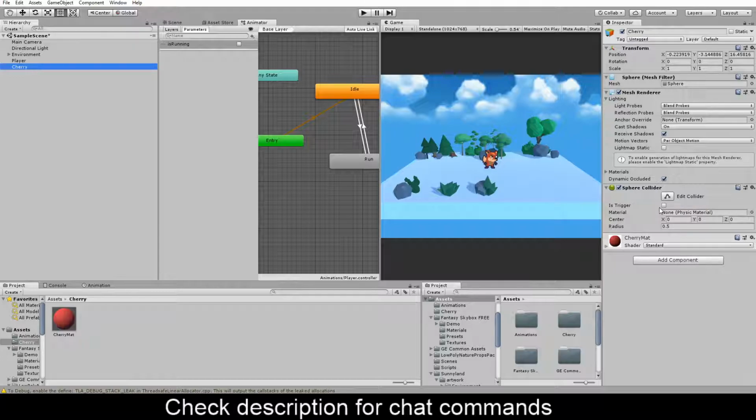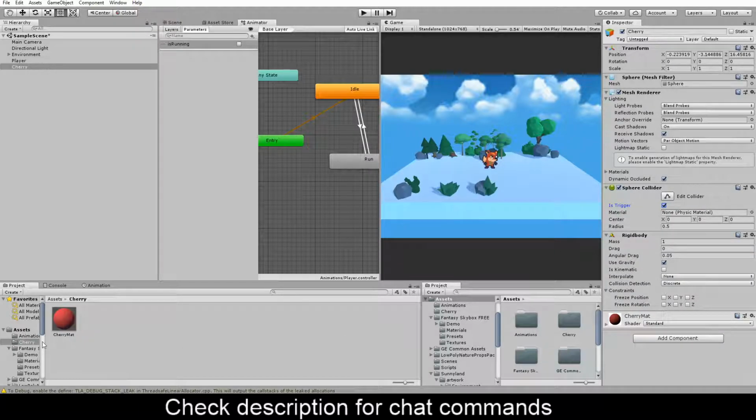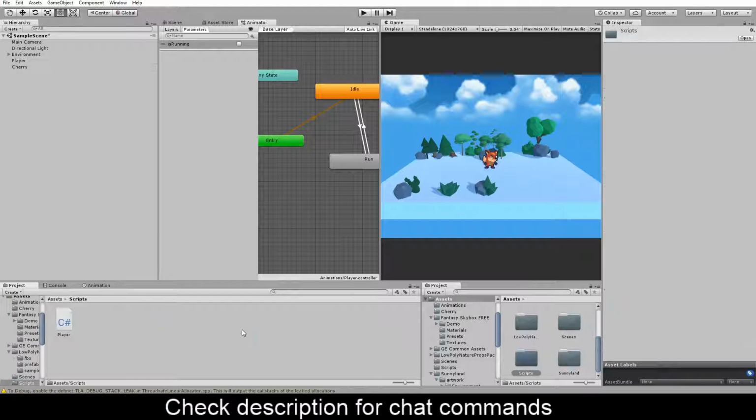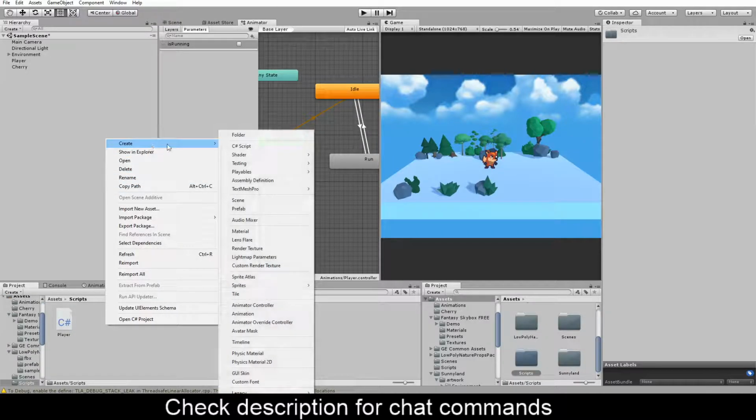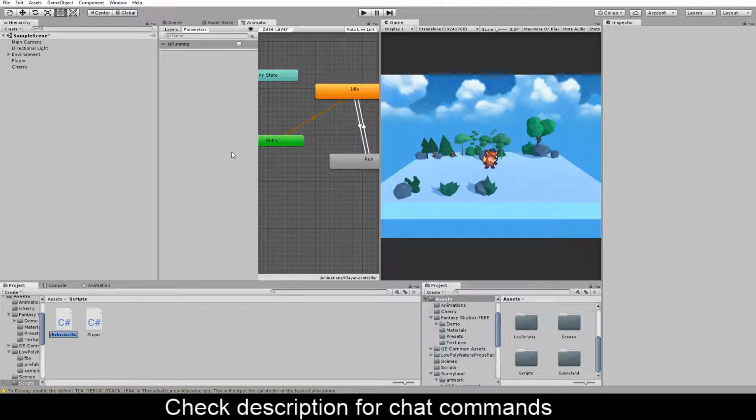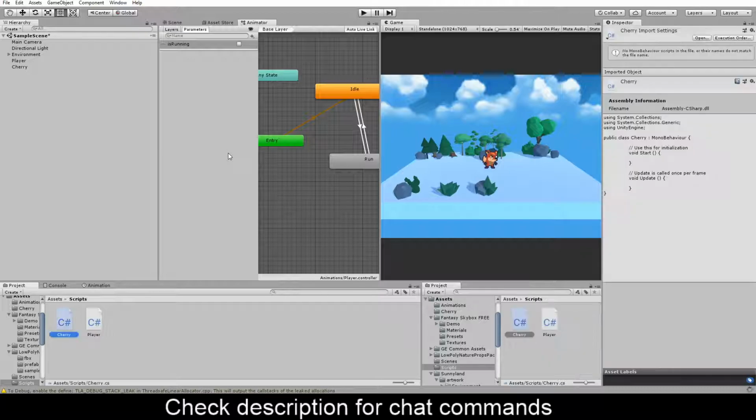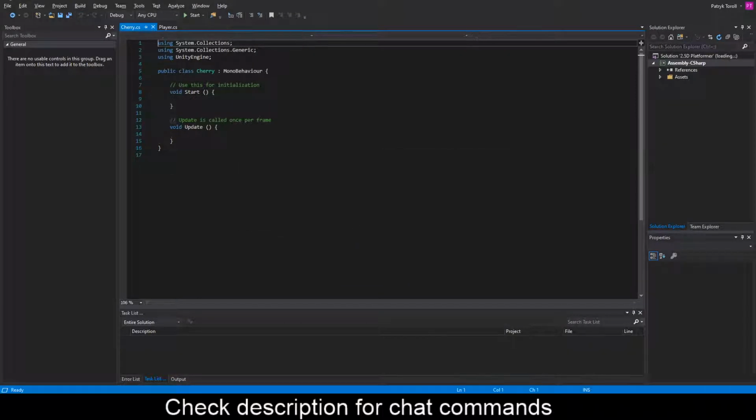We want it to be a trigger instead of just a collider. We need to add a rigid body for it. And we need to create a script for the cherry as well. So we can go to scripts, go over here, create a new C# script, name it cherry, and open it up. Well, reload the solution if you need to. And then we can